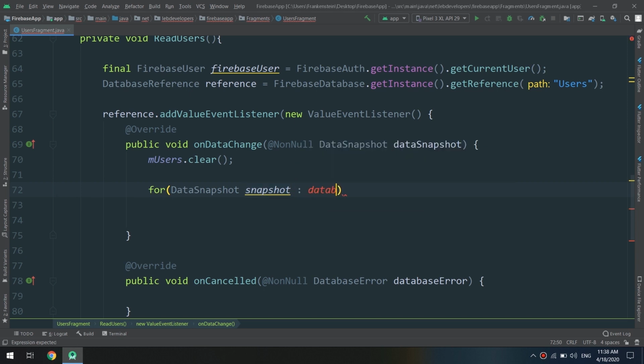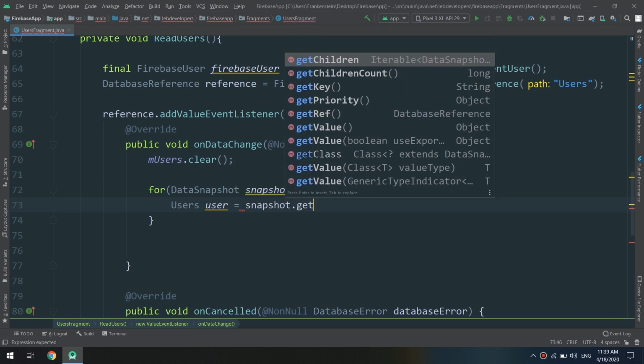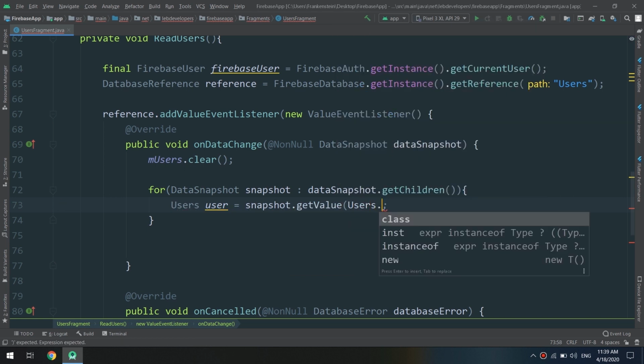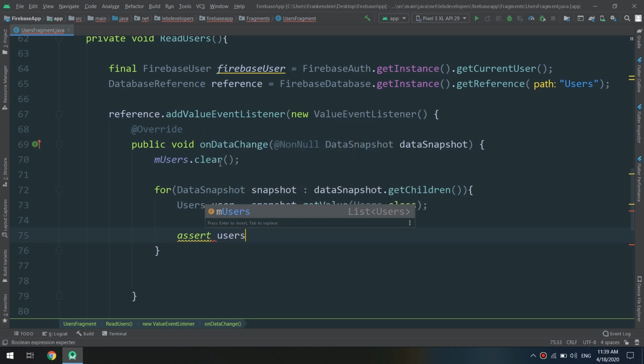So guys, if you don't understand this for loop and how to receive data from Firebase, go back to the playlist on our YouTube channel, or go back to the Firebase section and learn about the Firebase tutorials in detail, in every step. So user, and I'm going to assert the user object,